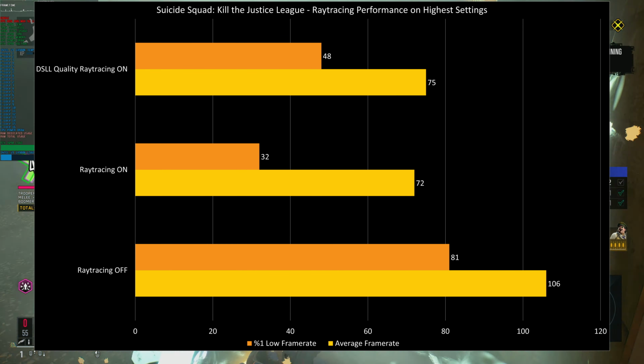Here we can see that enabling raytracing brings our 1% low frame rate down by 60% and the average frame rate down by 32%. The average frame rate could be understood, but the 1% low frame rate makes the game an unpleasant experience. Enabling DLSS on quality introduces CPU limitation on the RTX 4090, but what is interesting to assess is that it increases the 1% low frame rate by 50%, making the experience with raytracing much better. The average frame rate is only increased by 4% because of the introduced CPU limitation, but it is still an